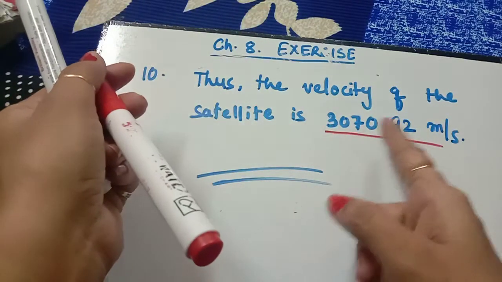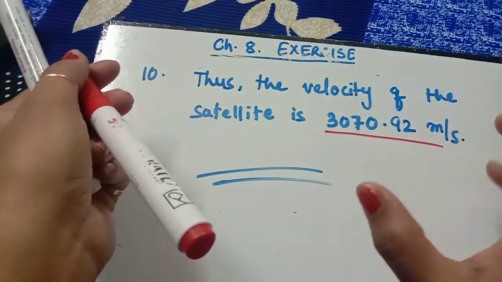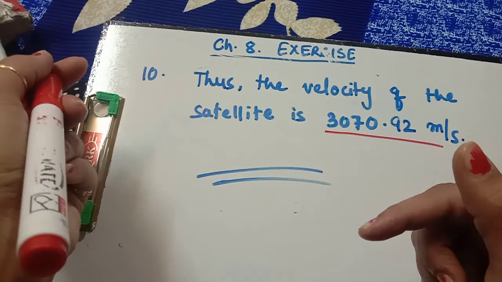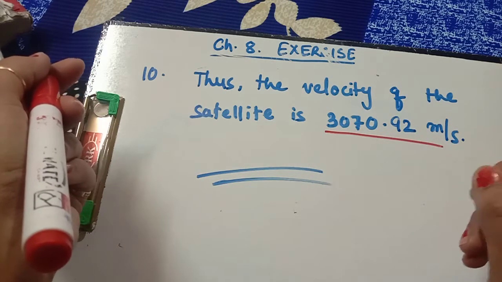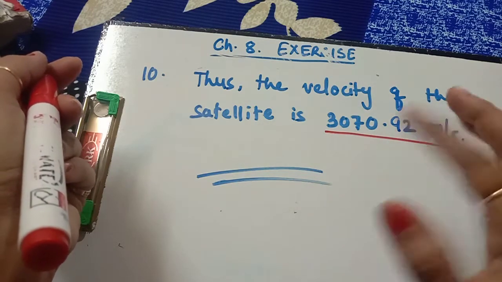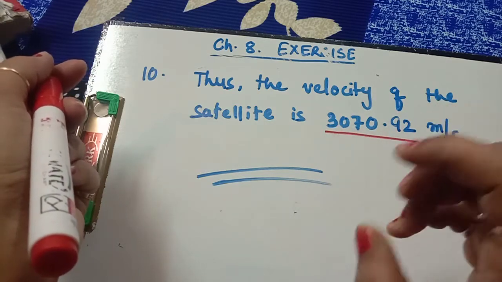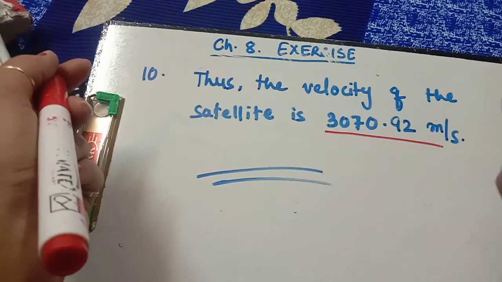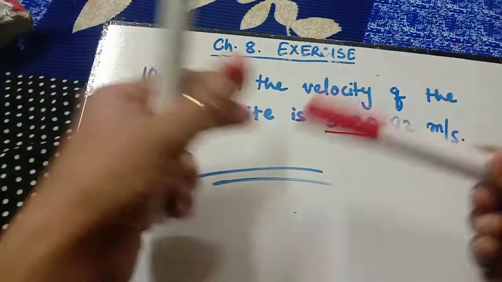See, this may change, so 30 may remain the same, 70 may change, because we have taken only two decimals. When we are dividing, we get more decimals, and I have taken two decimals. So don't think that your answer is different from the answer you see somewhere else. If you take these values, you will get this. If you want to take more decimals, then your answers will differ, but 3000 will be there.